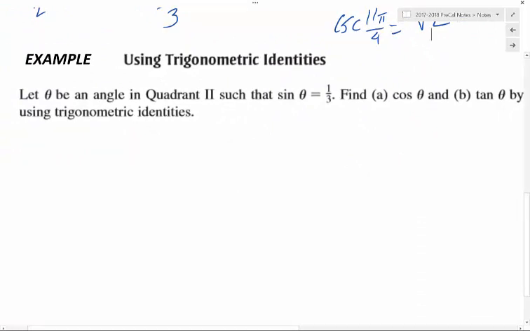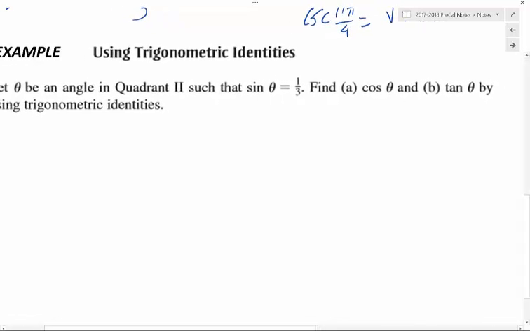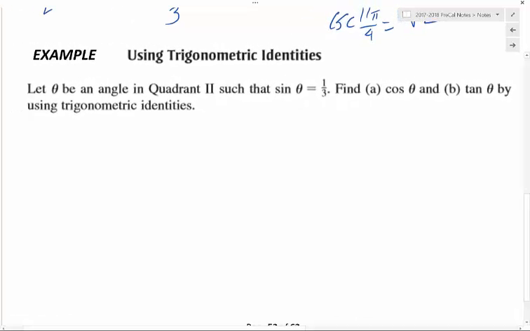So let theta be an angle in quadrant 2 such that the sine of the angle is 1 over 3. Find the cosine and the tangent by using trig identities. So I know that I have some angle whose sine is 1 over 3. We're going to find the cosine and the tangent by using trig identities. Now, for this you would want to look at the beginning of your packet where I gave you your trig identities, and we would want to use our